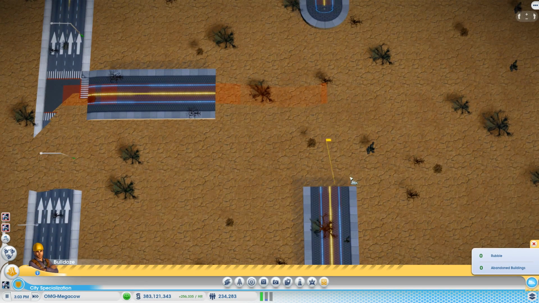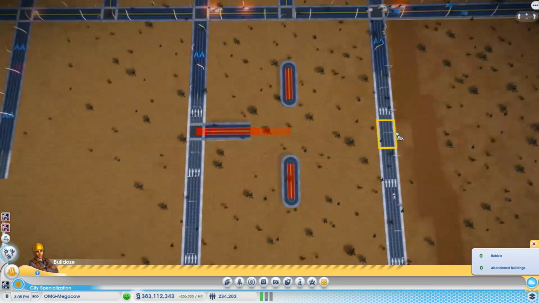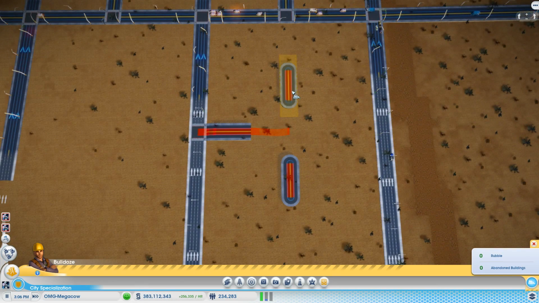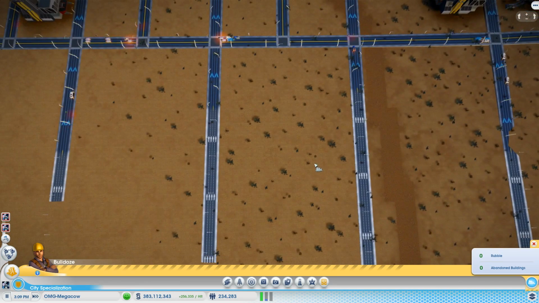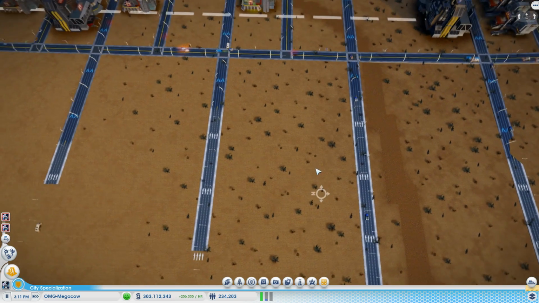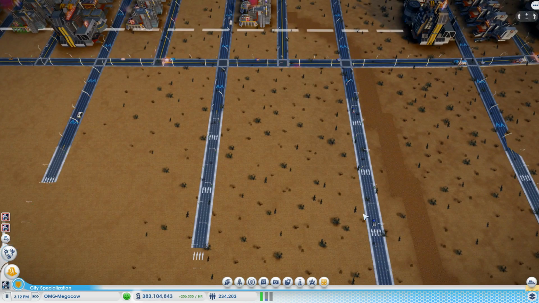Watch when I do this one. Watch this road end. See, I get rid of that. There you go. And now I can just boom, boom, boom. And all these annoying little bits of road that used to be left over, gone! Problem solved. The modding community are continuing to improve these mods, like literally day by day.